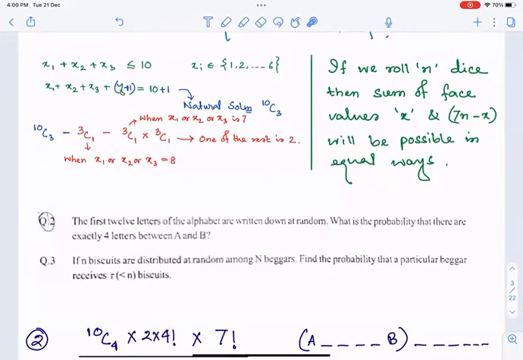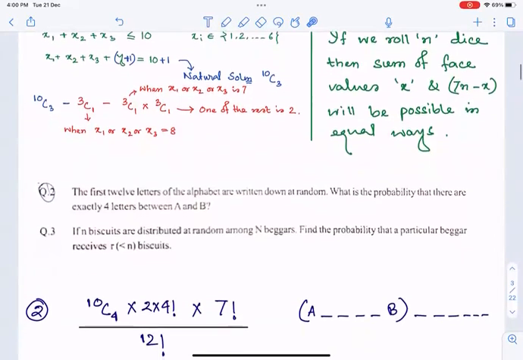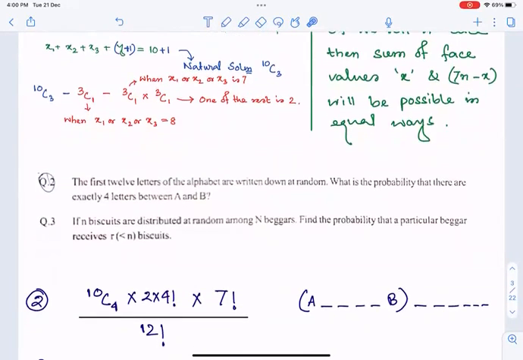6 letters together as one unit and the rest 6 letters as different units. So together, that is 7 units, which can be arranged among themselves in 7 factorial ways. With respect to the total number of arrangements, which is 12 factorial, if we simply cancel out the terms and simplify this into a small ratio, that will be our required probability. Okay. So before simplification of numbers, is that process clear to all?